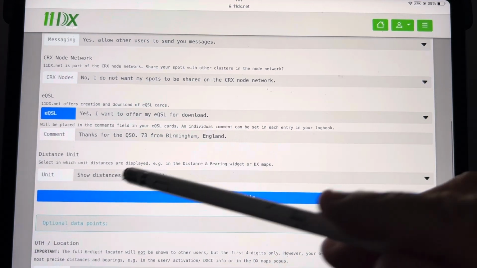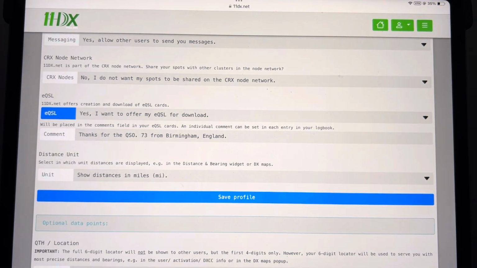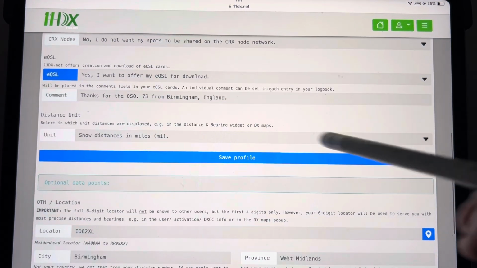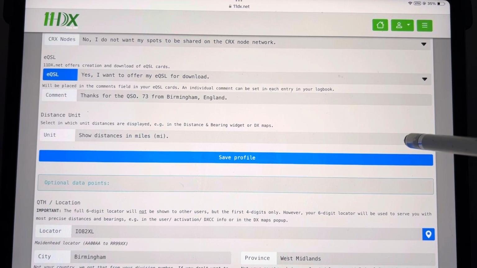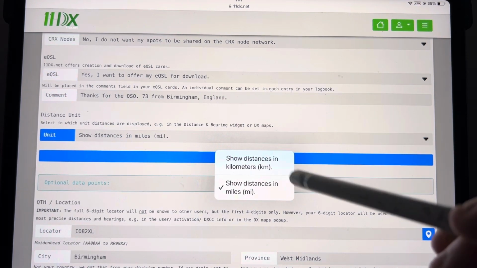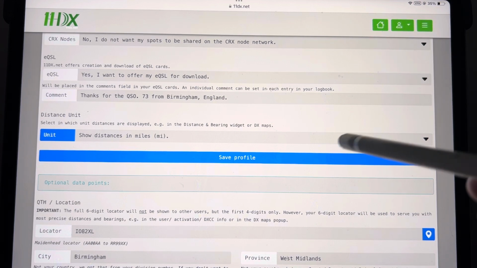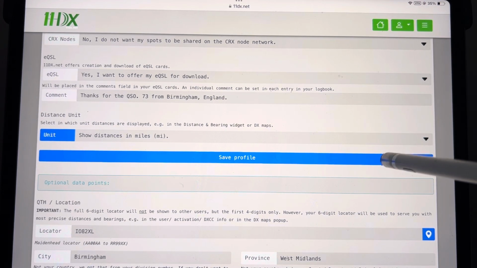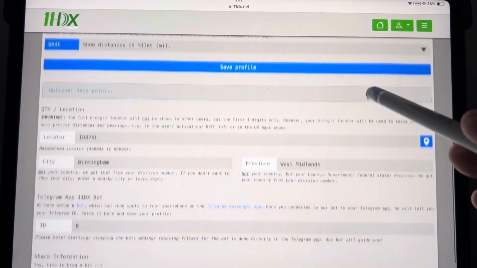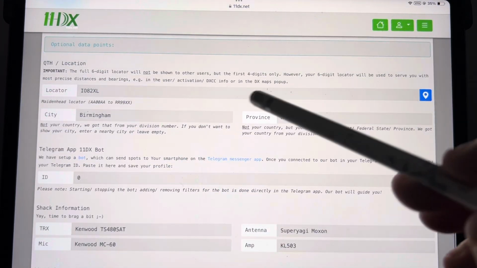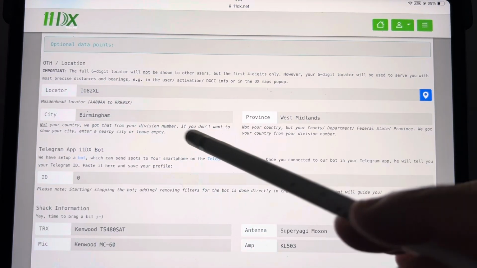I've just got, thank you for the QSO, 73 from Birmingham, England. And that goes on every card I send out through eQSL. And then the final one is your distances. What do you want it shown in? Kilometres or miles. So I'm assuming you'll want miles. And save. Right? Now the next bit are just bits about your profile, where you are,